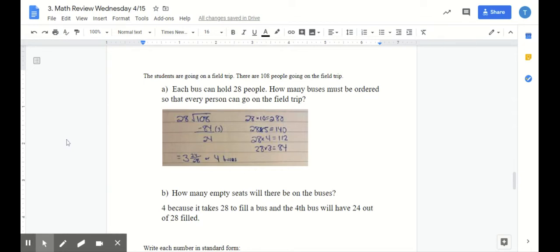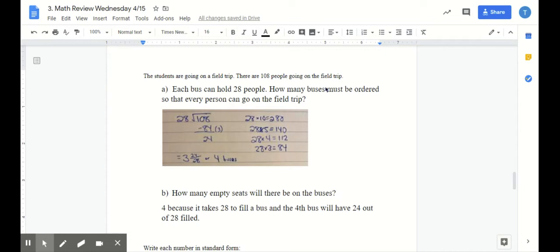Okay, so for the last page, you guys were supposed to be doing specific operations. So the students are going on a field trip. There are 108 people going on the field trip. Each bus can hold 28 people. How many buses must be ordered so that every person can go on the field trip? So, of course,